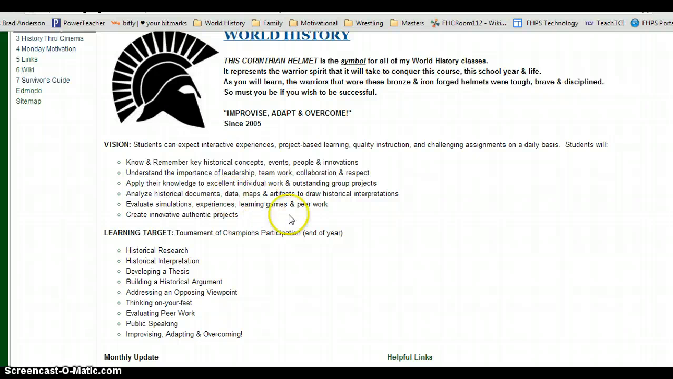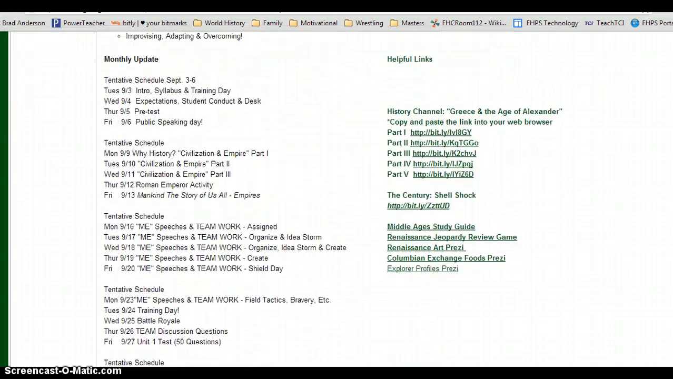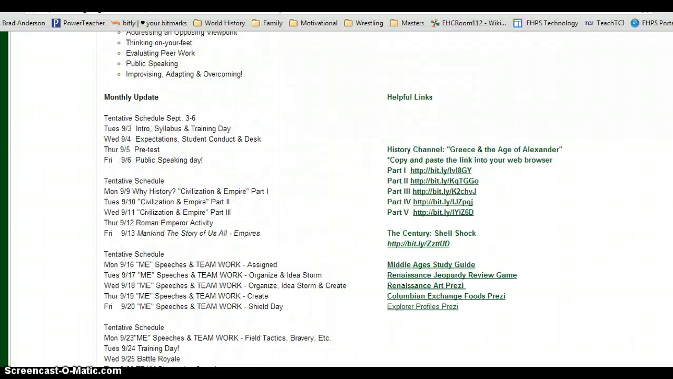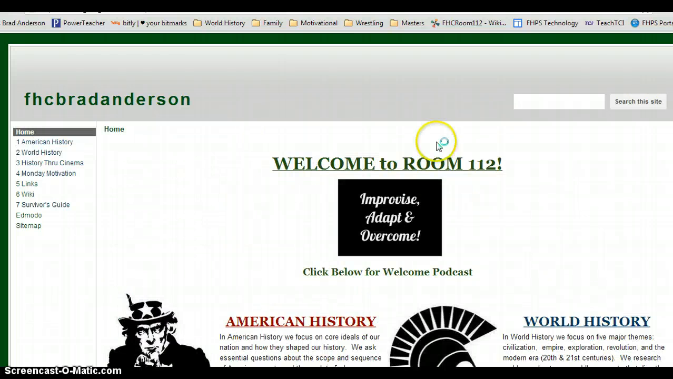However, I'm migrating over to Marzano's new taxonomy. They have learning targets, what they're shooting for by the end of the year, and I have a semester schedule. I have links, among other things. But the first thing my students undergo in my classroom is establishing these